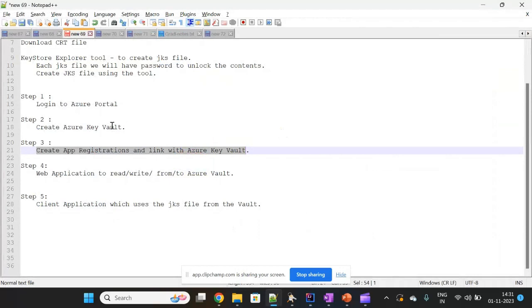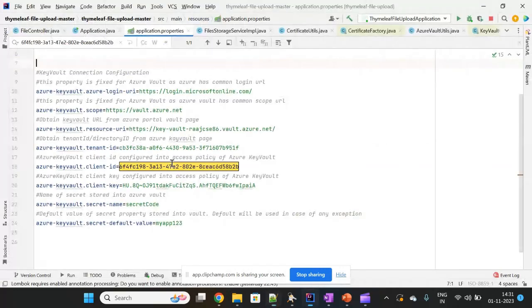that we have to follow. You have to log in, creating the Azure Vault. After creating it, you have to come to the app registration and do the app registration for it. And then after, you have to come to this application.property file, and then you have to mention all these